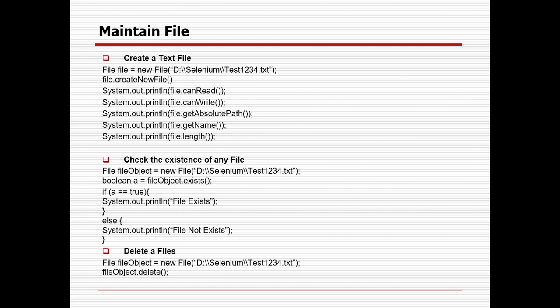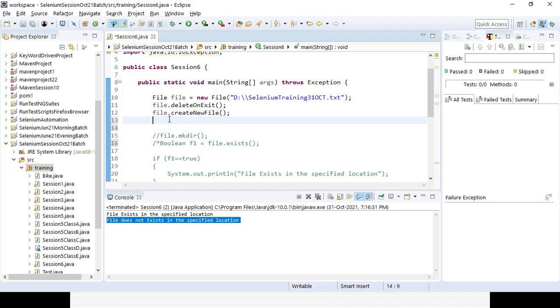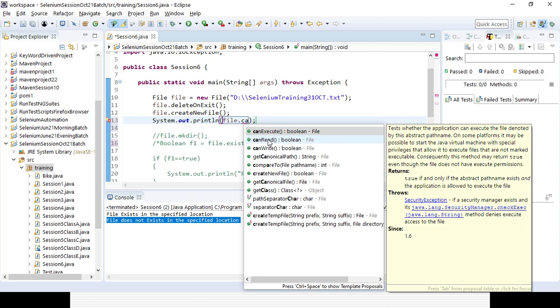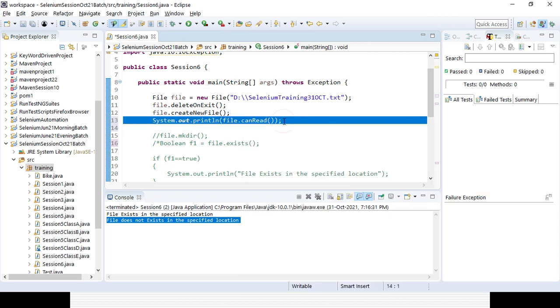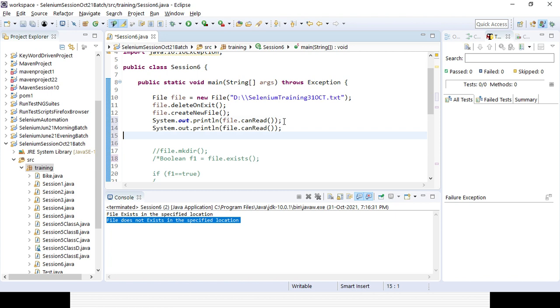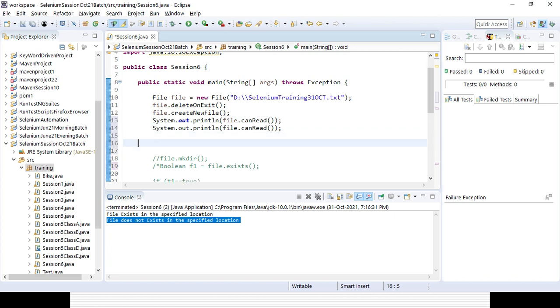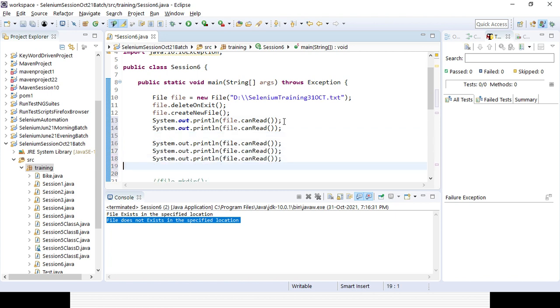So I want to print out with SYSO file.canRead. Definitely, as and when I create the file, I can read and write whatever I want, so definitely I can read it, I can write it.